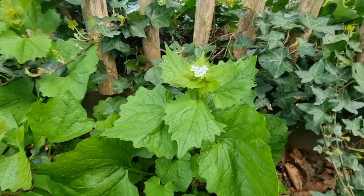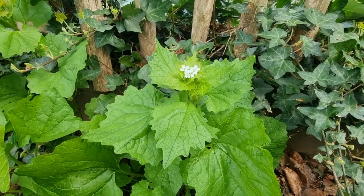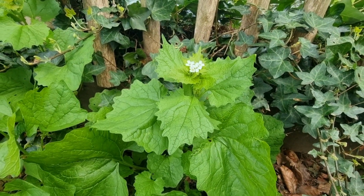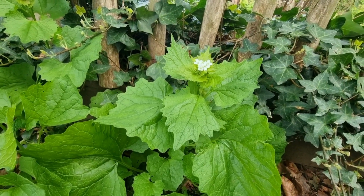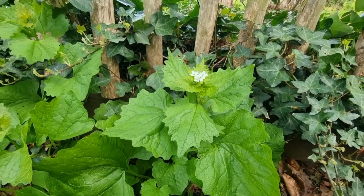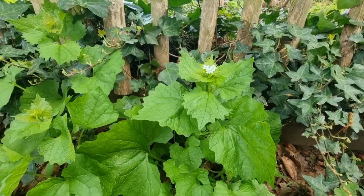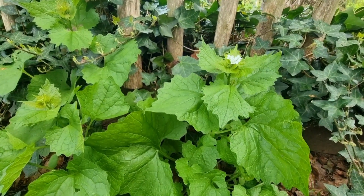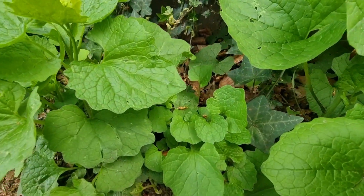So here is the garlic mustard, and it's called garlic mustard because it's kind of garlicky. It's a foraging herb that's very popular to put in pestos or cooking food. It's also called Jack by the hedge. It's a biennial, which means that it's 2 years old, and the young first year plants, which we can see down here, some babies,